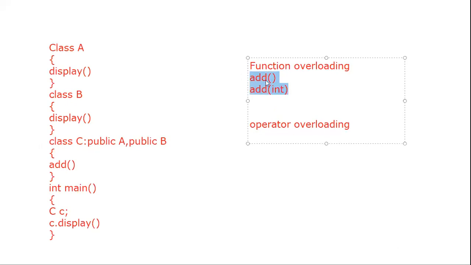Function names are the same, but the arguments we pass to that function are different. This concept is called function overloading, which belongs to polymorphism. In operator overloading, it performs different operations with respect to operators. Suppose we consider the plus and minus operators. Again it adds one more plus and one more minus, so it changes its original functionality.